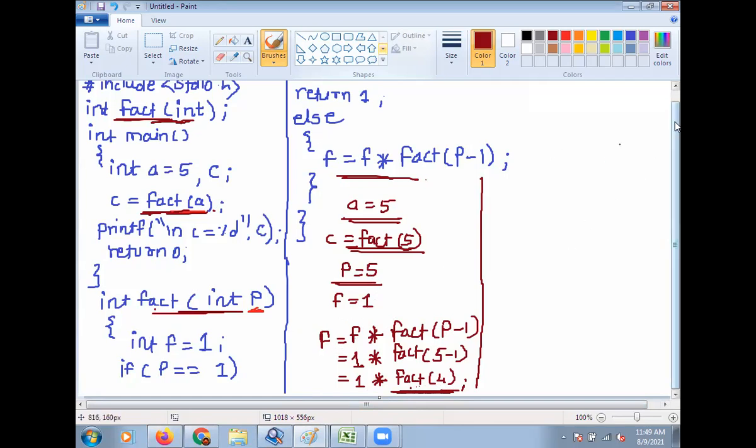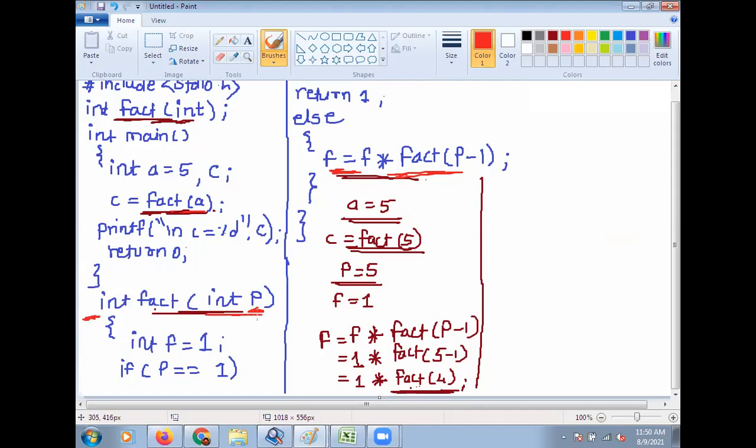Whenever you are solving the else part, f into fact p minus 1, the value of f is 1 into fact p minus 1, that is 5 minus 1, you will get 1 into fact 4.